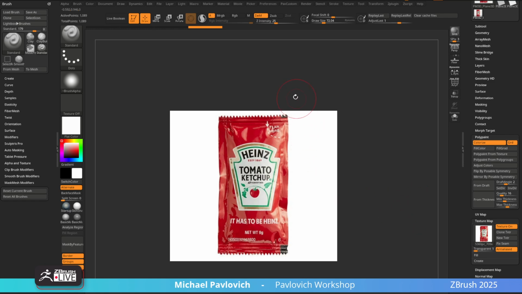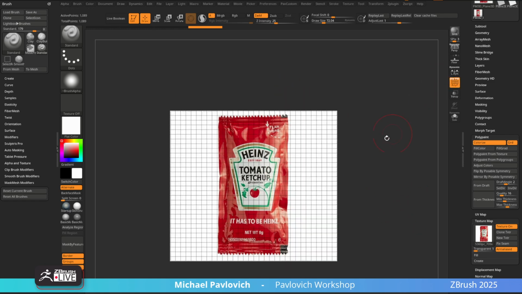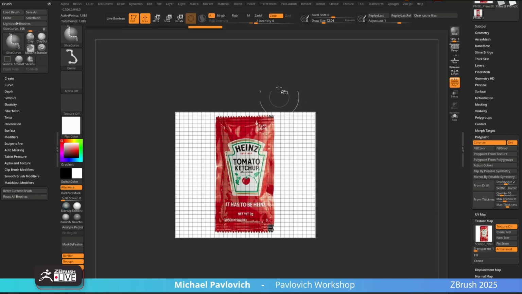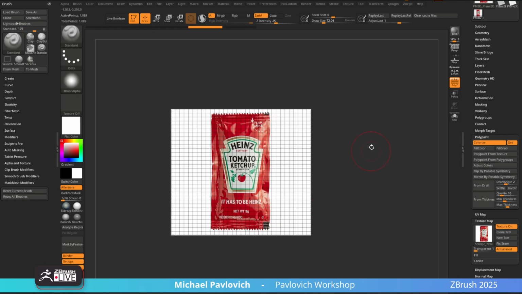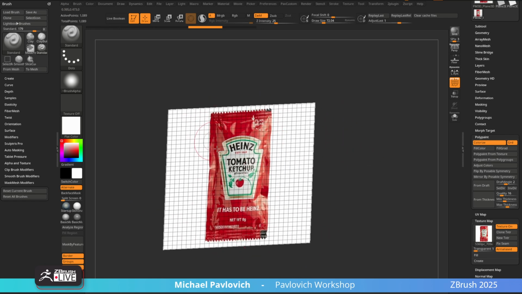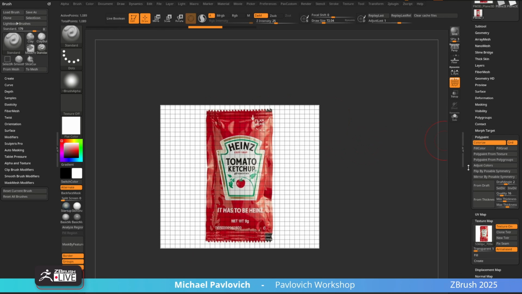However, if I want to go through here and like actually I probably could. I can turn on polyframe here. You can hold down Control Shift and go through and just slice where you want to, cut this plane. In order to do that so I can see it a little bit better, what I'm going to do is transfer this Polypaint. Now that I've changed the aspect ratio of this plane to match, so now this is exactly what I want it to look like, I can now go in here and I can, again, if I go